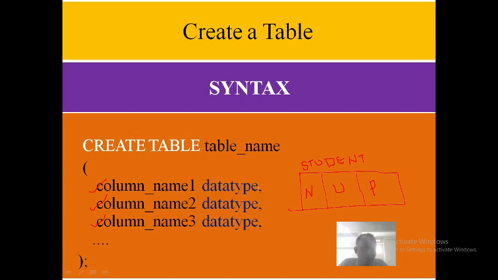If you don't have this comma, then you will get an error. So after listing all the things, the last column name and data type does not have a comma. Then it ends with the closing brace and this, what is this? Semicolon. It ends with a semicolon. See here now, we'll see the example.